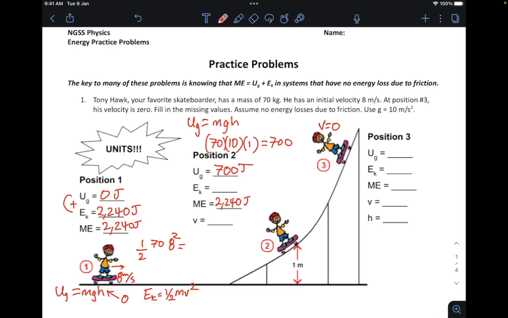So he used to have all kinetic energy, but now some of that energy is being stored in this gravitational potential energy here at position number 2. Well, if I know that gravitational potential energy is 700 joules and mechanical energy is 2,240 joules, I can use, again, this equation up here to figure out my kinetic energy. And if I rearrange the variables by subtracting gravitational potential energy from both sides, I get the kinetic energy that he has is going to be equal to the mechanical energy minus gravitational potential energy. So that becomes 2,200